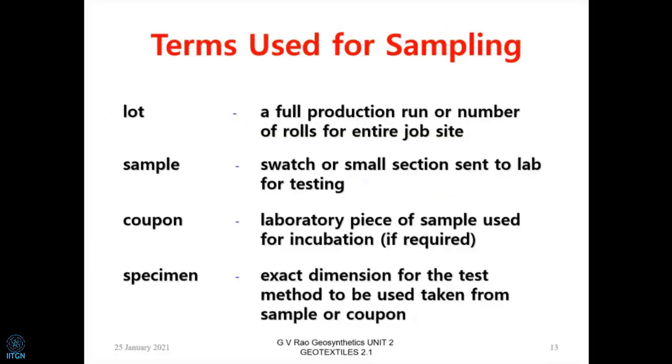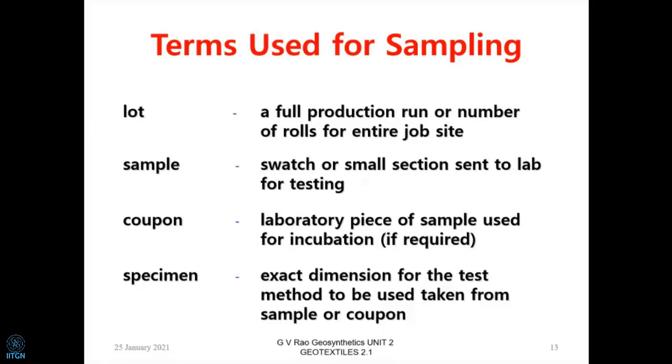So in this case, we'll have to go back to standardization of things. What does standardization mean? That we are going to use, let us say, thousands of square meters of material. And we already said that the material will come in rolls, let us say 200 meters long, and in widths of at least around 5 meters. Some of them, rarely, could be 10 meters also. So how many samples are we going to pick up? How many rolls are we going to pick up? This is given by statistical understanding, for which even sampling has to be done properly.